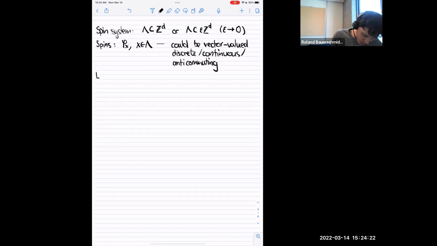And I'll use the term expectation, and roughly speaking, these systems take the form that the expectation of some observable f, say f is a function, for example, on R to the Lambda to R, so a function of spin configurations. So there's a statistical average associated, which roughly speaking takes the following form. We're integrating over f of phi with respect to a certain weight, and the weight usually has two parts.